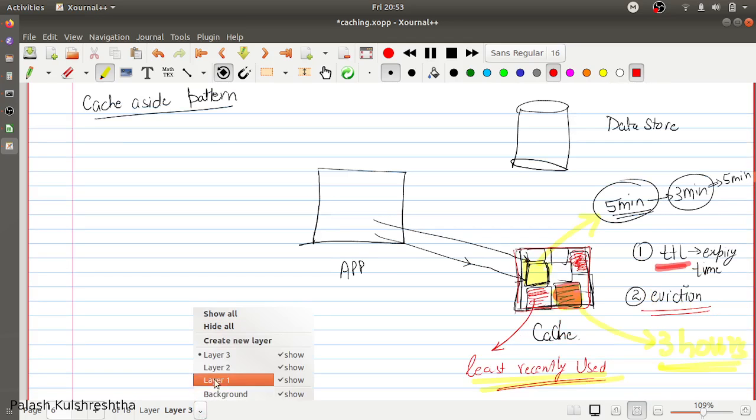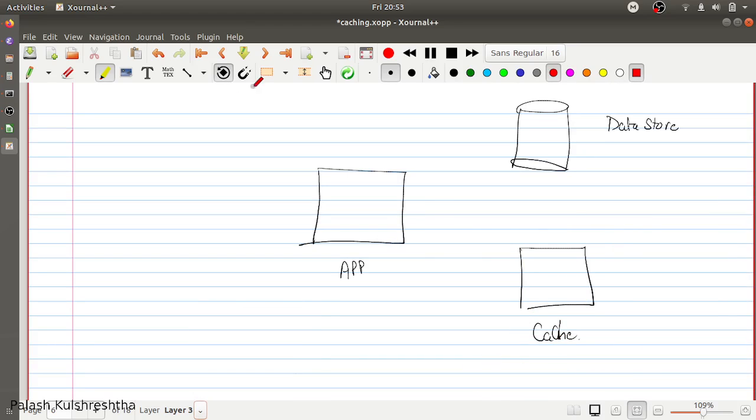Let's try to consider another scenario that we have to keep in mind when building caching systems. Another scenario to keep in mind is how we are going to handle updates that are done in our database. For example, if there is a key or data that is stored in our database, and it is also present here, how are you going to handle this?